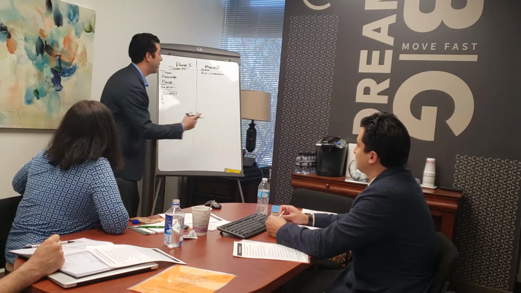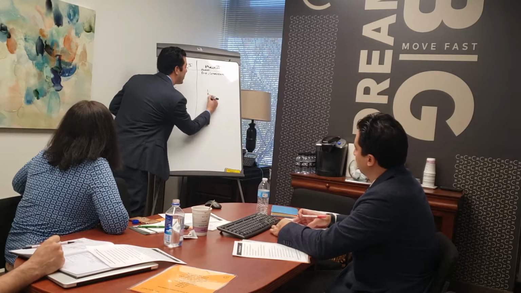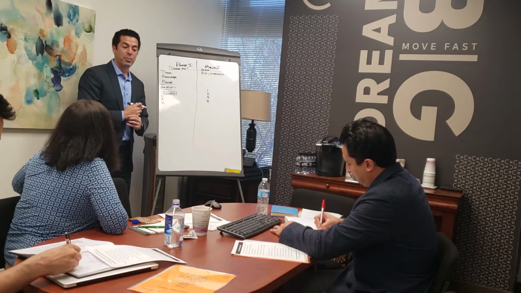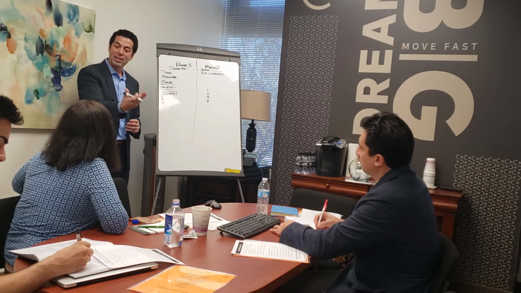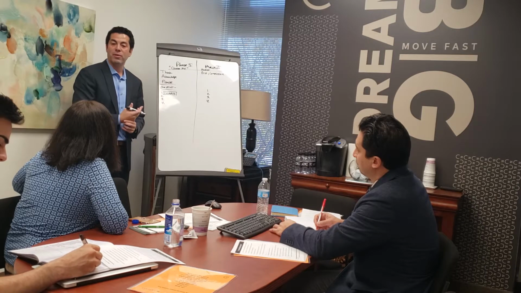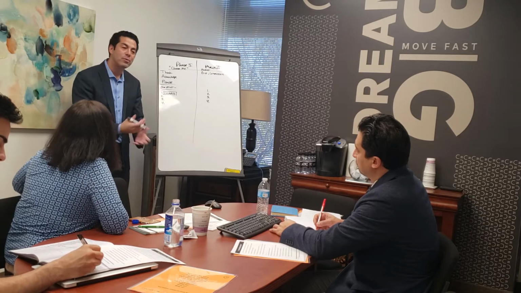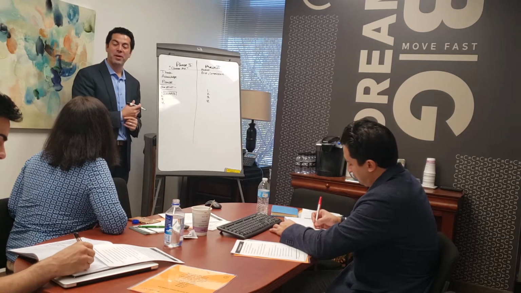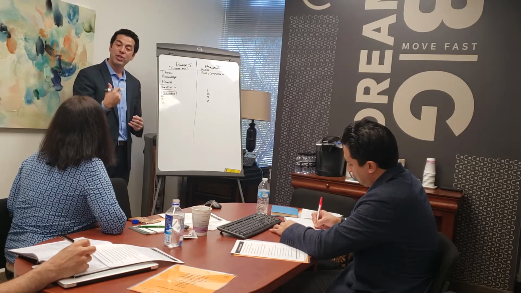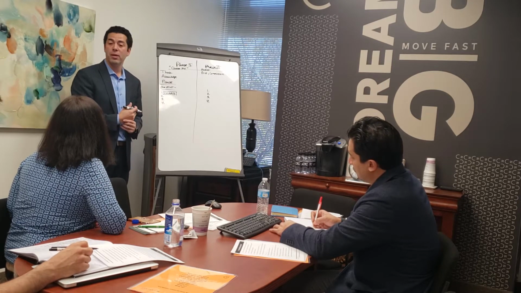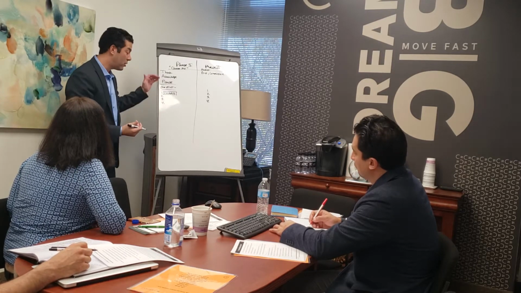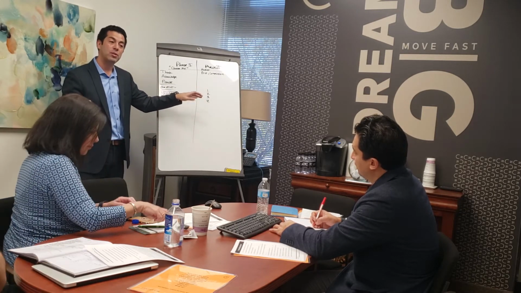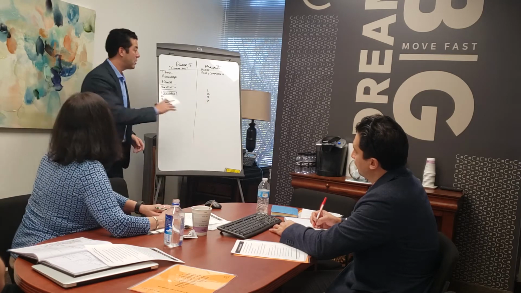So let's get into the 4 pillars. I'm going to bring those up right now. So you brought up the 4 pillars. Can anybody remember what any of those pillars are? After I ask the seller what they believe an agent does, sometimes they'll say hold open houses, but I really don't know anything else other than putting it on the MLS. Then I'll say, do you mind if I share with you what I do to sell homes? And they could say yes. So you can do your plan of action, or you can hit them with these 4 pillars, because everything we do as agents relates to one of these 4 things. Does anybody remember any of them?